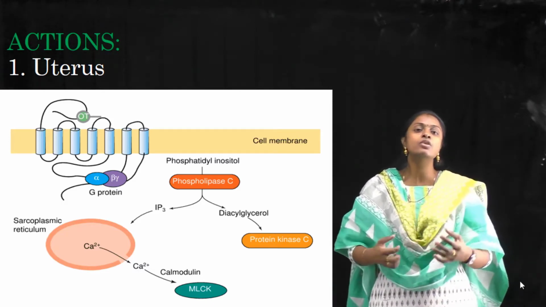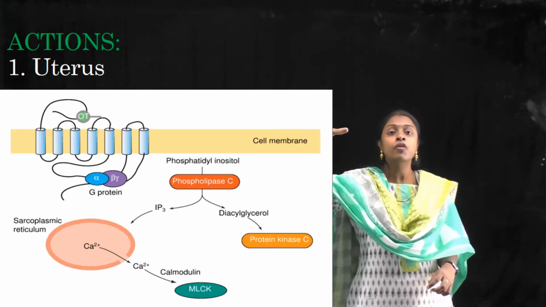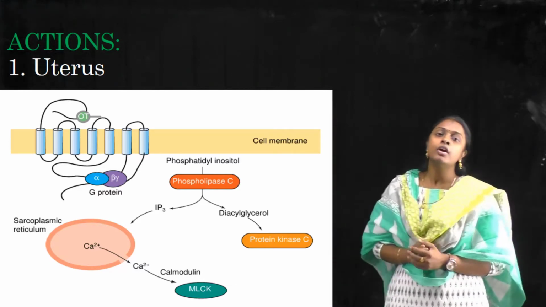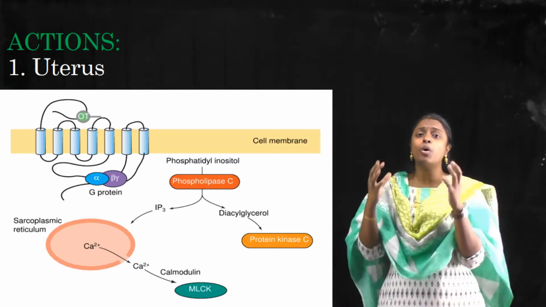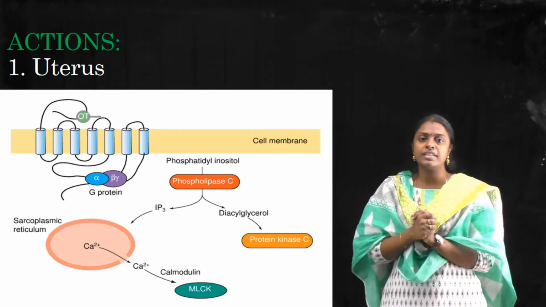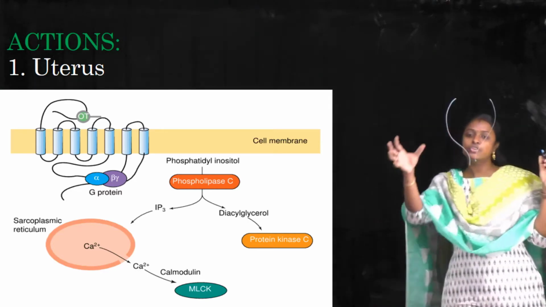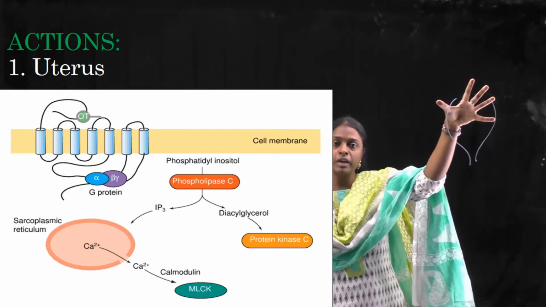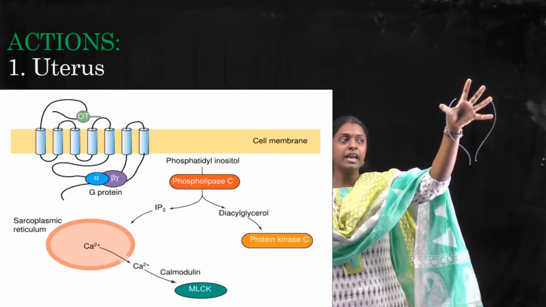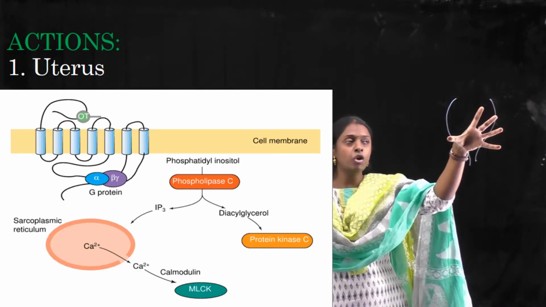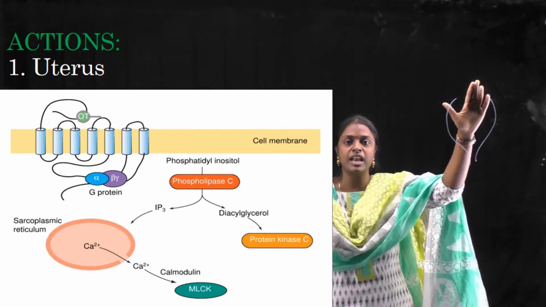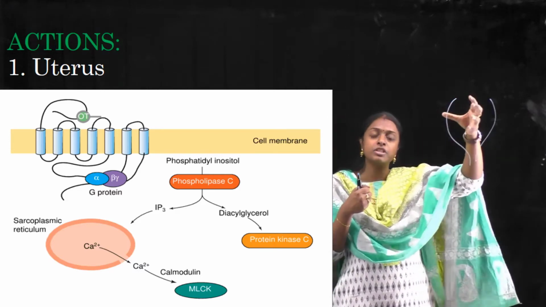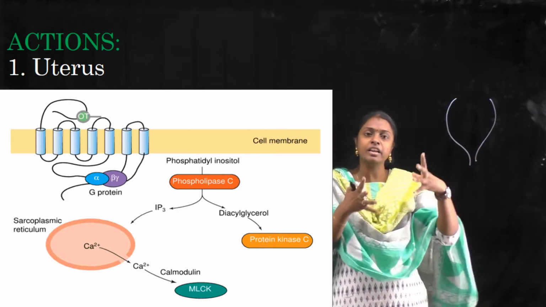When we are giving low dosages, it will show full relaxation in between the contractions. When I said that oxytocin will cause contraction, it won't only do contraction, it will also do relaxation. For example, this is the uterus. When oxytocin starts to act, it will contract here and then relax. When it comes to the lower position, it will contract at the time when the upper position is relaxed. So contraction, relaxation, contraction, relaxation. That's how it will push the baby to the cervix and out of the cervix.